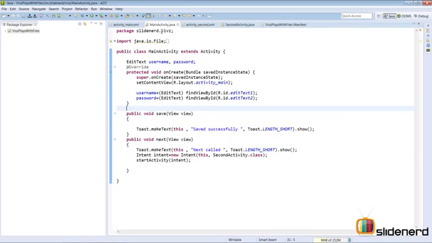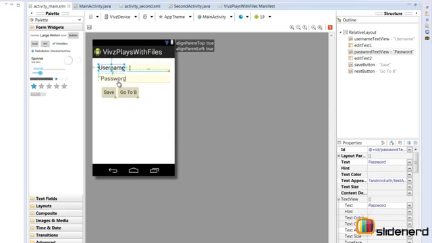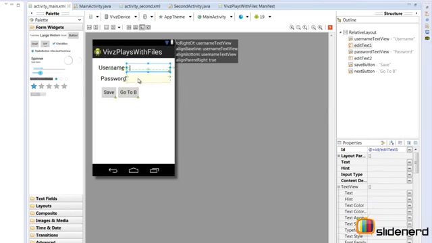So what I have here is a main activity. Let's take a look at its layout. Username, password. My idea is that when you click on the save button, this username and password data is going to be written to some file, and then there is a go to B button. Click on this go to B button, it's going to take you to